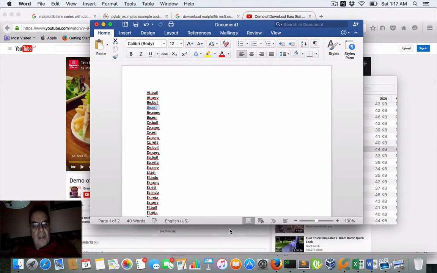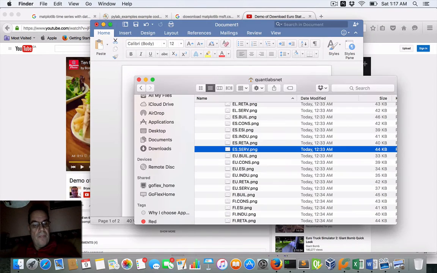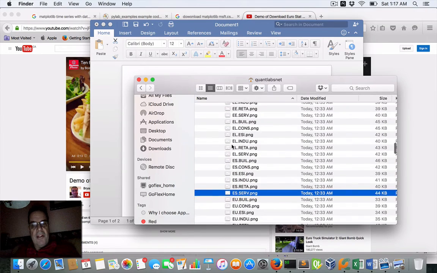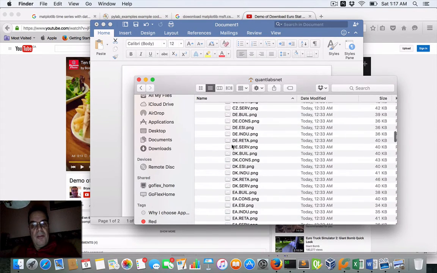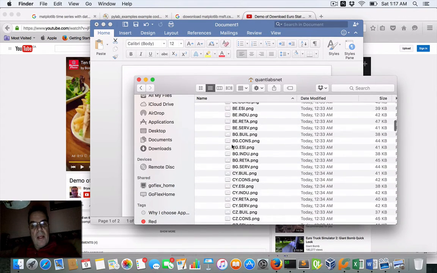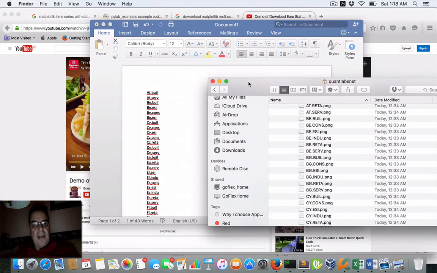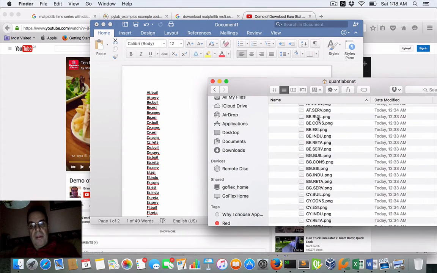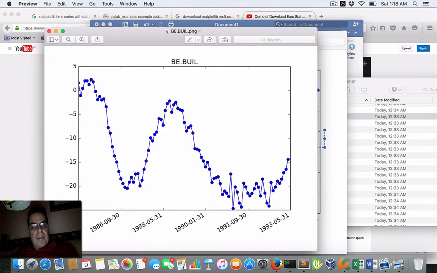So, for instance, if we look at Belgium, Belgium building. Now, I've been doing this for the last year, and I know Belgium's been hard hit. But when you look at these, it gets kind of interesting because you have, let's say, Belgian building, this chart here. As I said, it's been hit fairly hard, but it's definitely on a recovery.